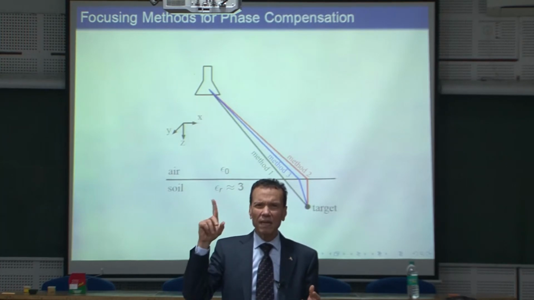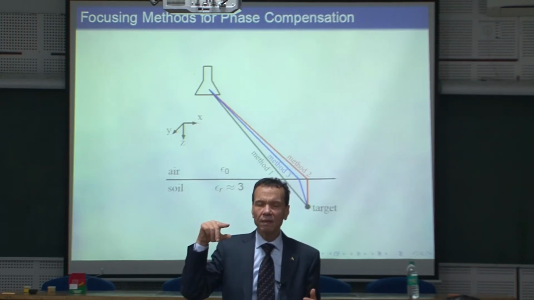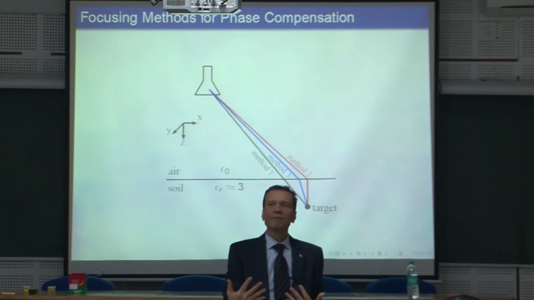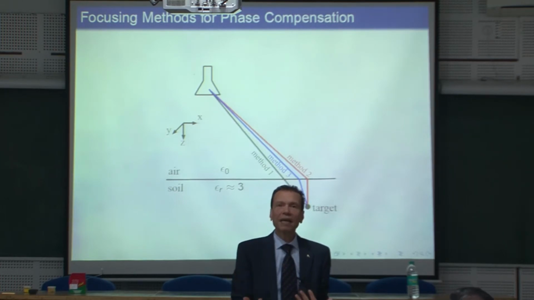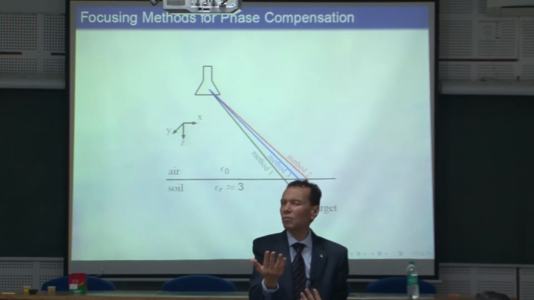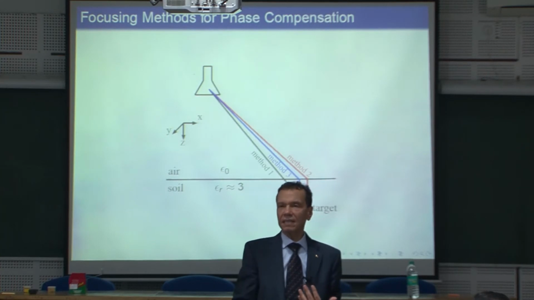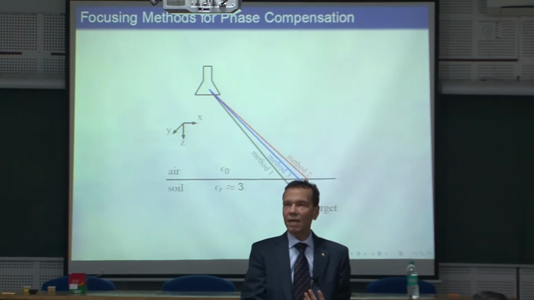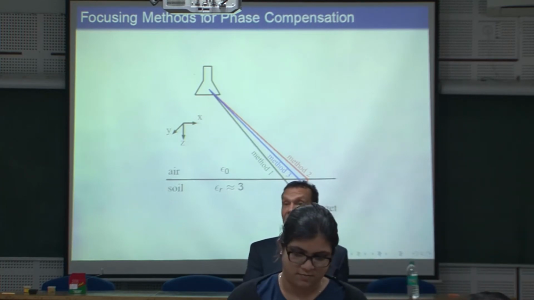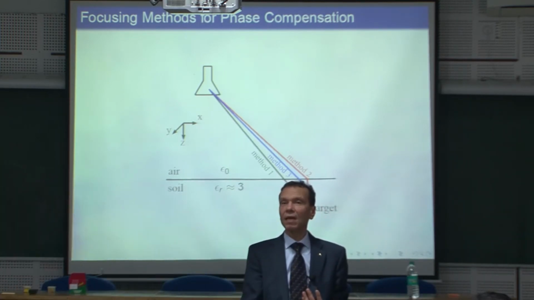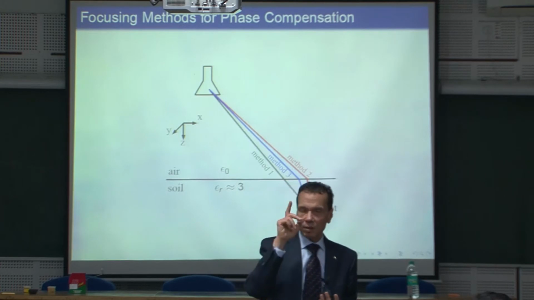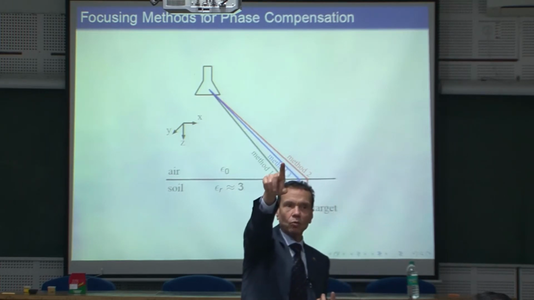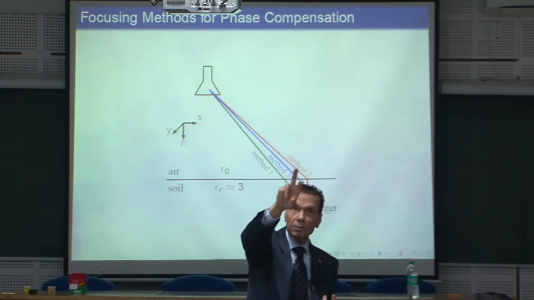And remember how a receiving array works. You receive, okay? Now, if you would like to receive from this direction, what do you do? You take this reading and take it as it is. This is the ground element, number 0. The next one, you phase shift by an amount. The third one by double this amount. Because you intend to concentrate your reception from this direction.